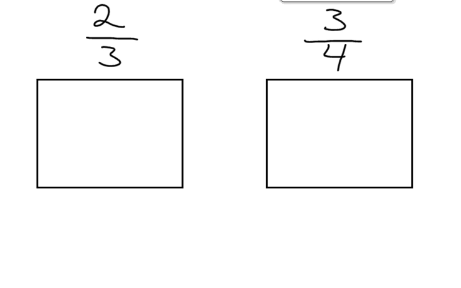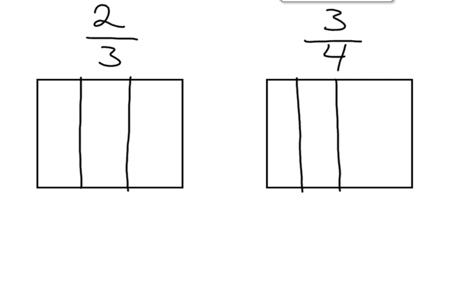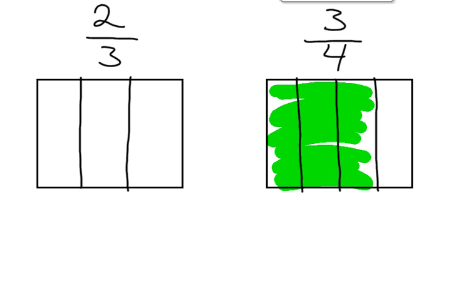And so we're going to have to divide it the exact same way, right? And so if I say go like that, and then I'll take this, divide it into fourths, and then we color that in. And so we're going to have 3/4 looking like this, and we're going to have our 2/3